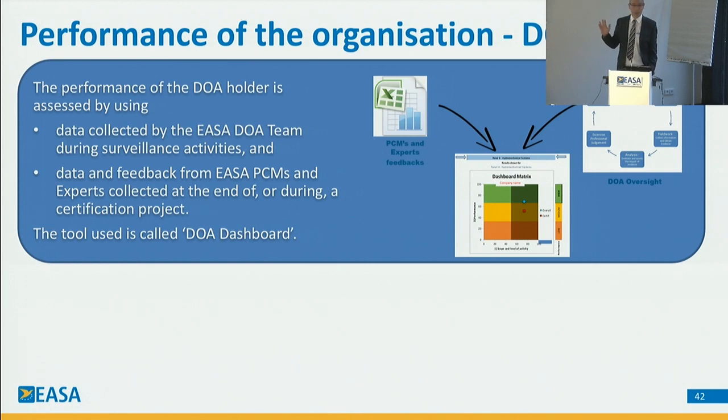The tool is called the DOA dashboard, and it answers the question from you, Peter, earlier on, how do we get the data? It is within the DOA dashboard. The DOA dashboard has the option to look at the data in the sense of overall DOA performance, but also per-panel performance. We have to understand that if you do one STC per 3 years, we have to look at the data in that way, right? So a statistical basis is very slim in that case. Maybe there were only a few panels